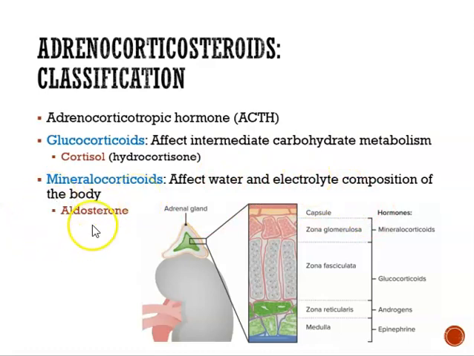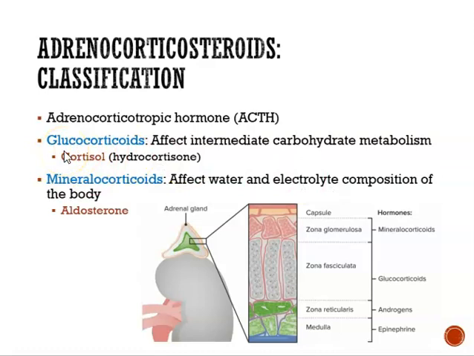So we kind of don't like aldosterone, because we get a little big if we have too much aldosterone in our body, because it brings water. What it does is it brings sodium into our body, and whenever sodium comes into our body, water automatically follows, and so we have too much water in our body, which essentially makes us fat.